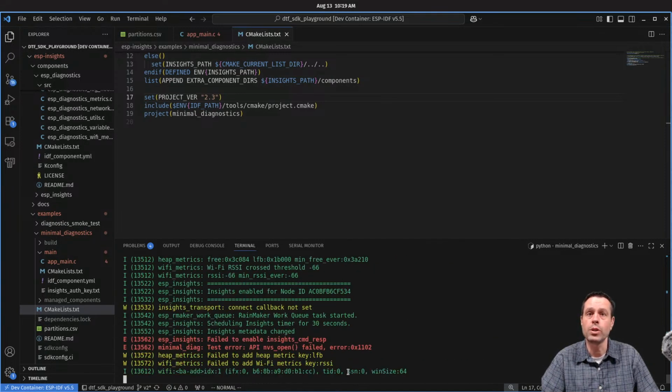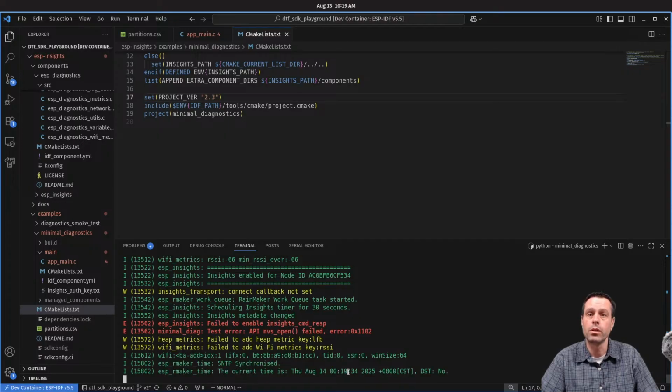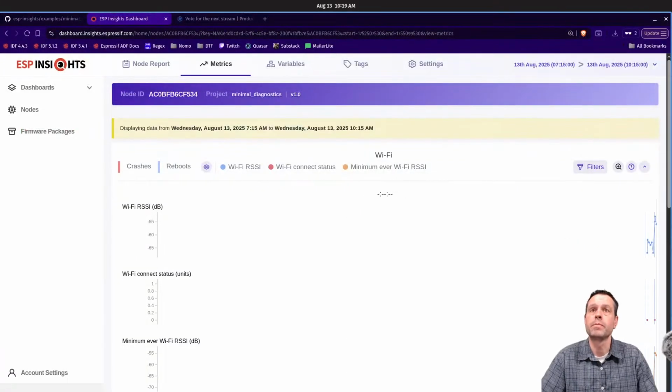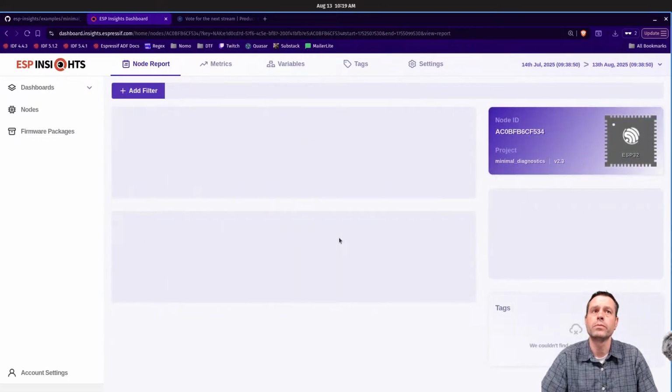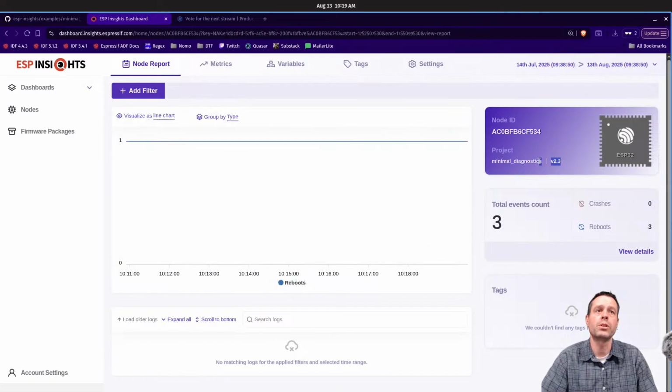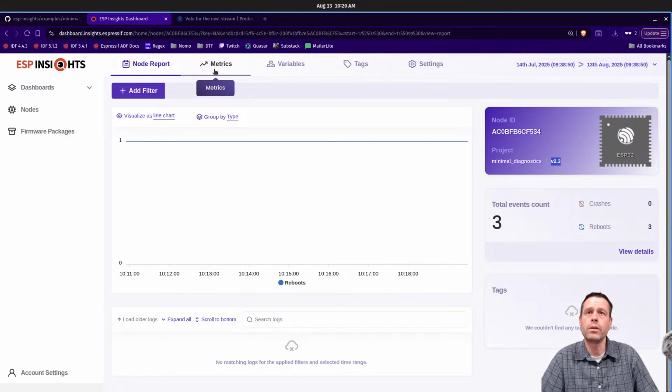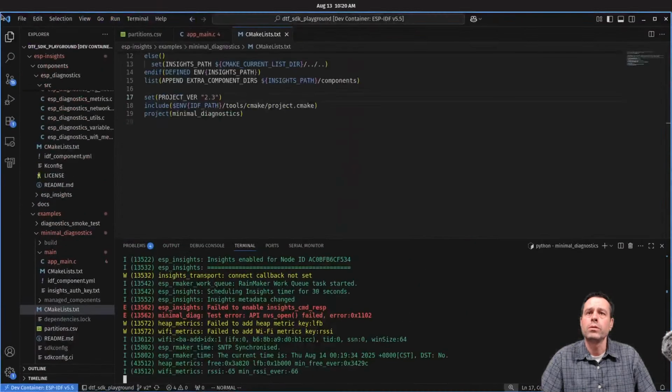I just want to see if my project version changes, which is not important at all, but I'm curious. All right, so, and then I'd love to crash. Let's create a crash too and see what happens there. Yeah, look at that. Project version is now 2.3, so that's cool. Reboots 3. Great, so we figured that out. Now let's